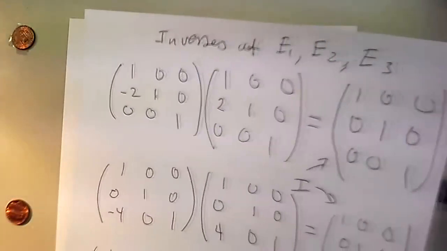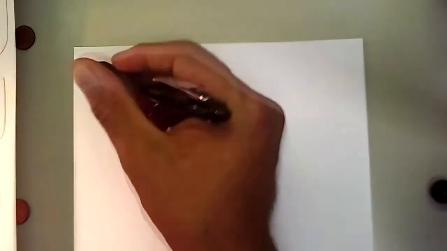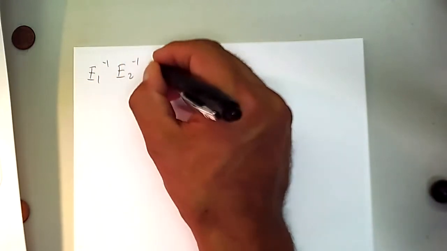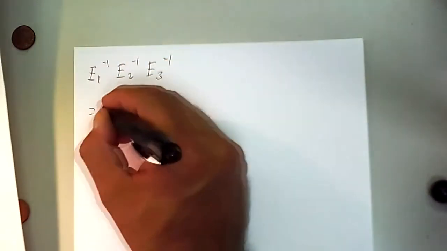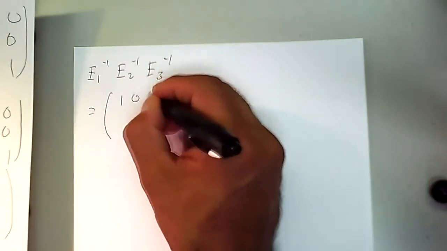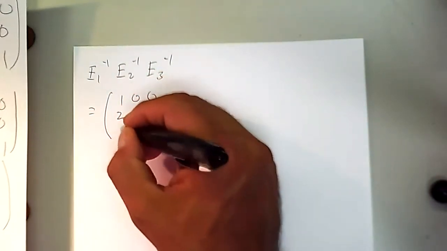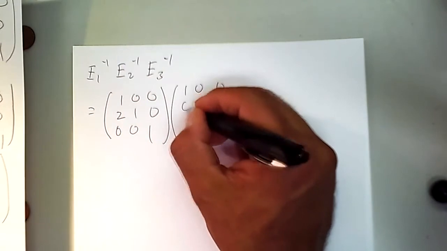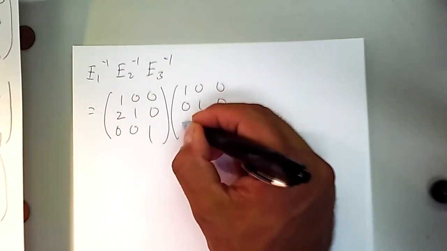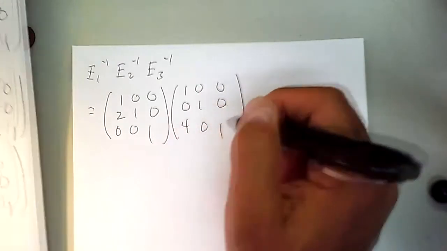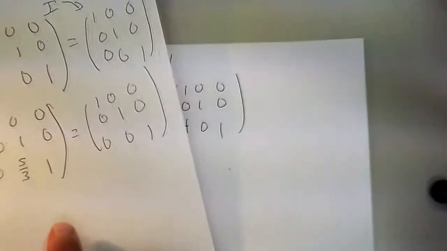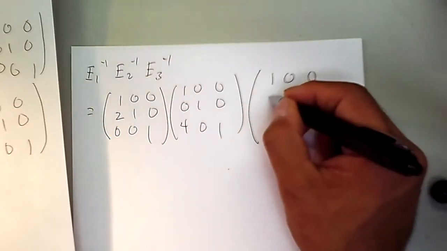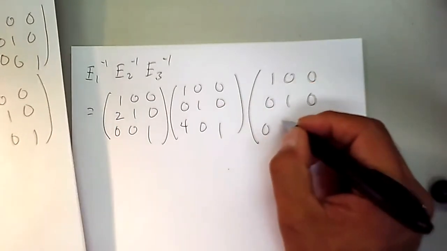I'm getting too many papers and I don't want to mix them up. So we're going to multiply E1 inverse times E2 inverse times E3 inverse. That means 1, 0, 0, 2, 1, 0, 0, 0, 1 multiplied with 1, 0, 0, 0, 1, 0, 4, 0, 1. Remember, that's E2 inverse. And then we're going to multiply with 1, 0, 0, 0, 1, 0, 0, 5/3,